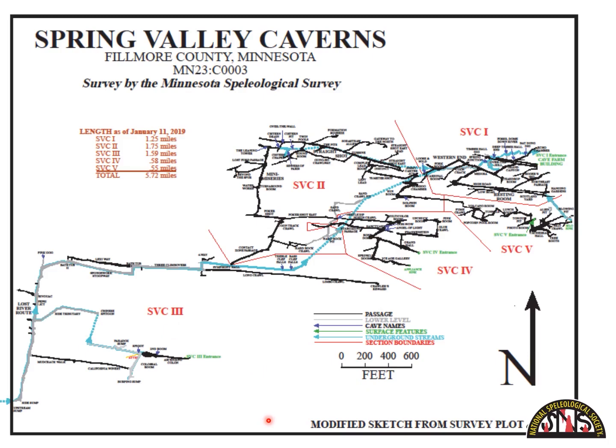So here we're going to look at a few different cave surveys and see what we can tell from them. And the first one here is Spring Valley Caverns, and we can see that it has a total length of 5.72 miles. It's divided up into several different parts. There's 1, 2, 3, and then 4 and 5. There are several entrances to this cave system, and as we can see from the colors, most of the cave is in this black color here, which is the upper level. The lower level is in the blue or the gray,